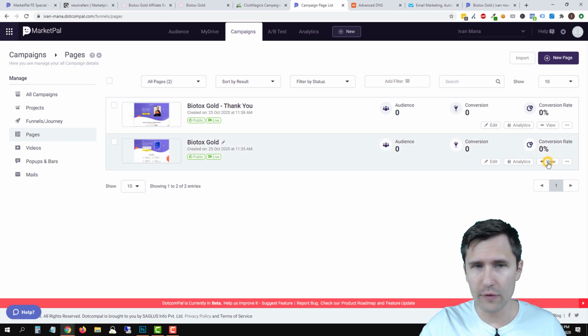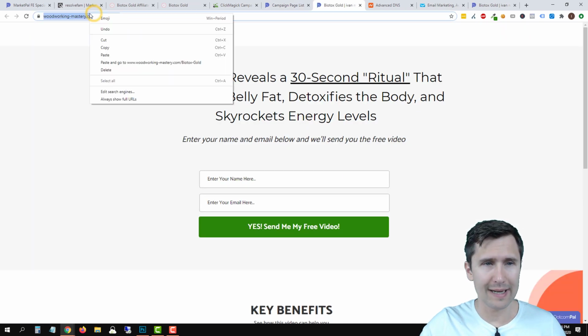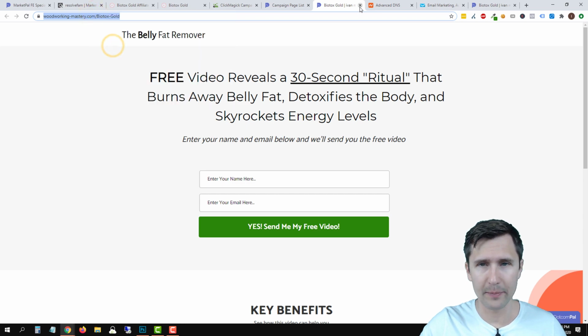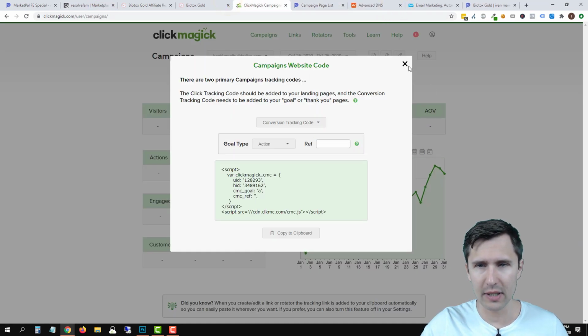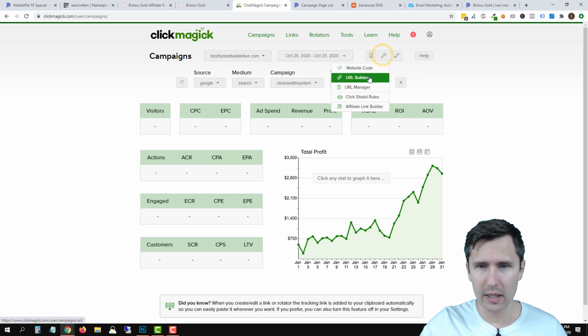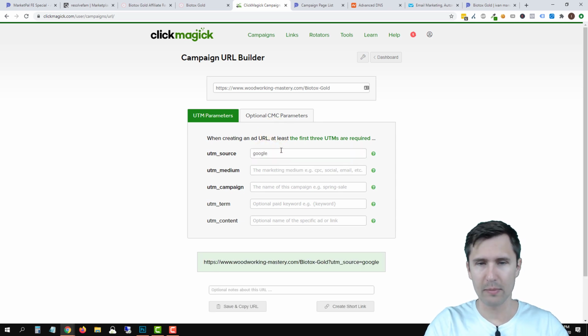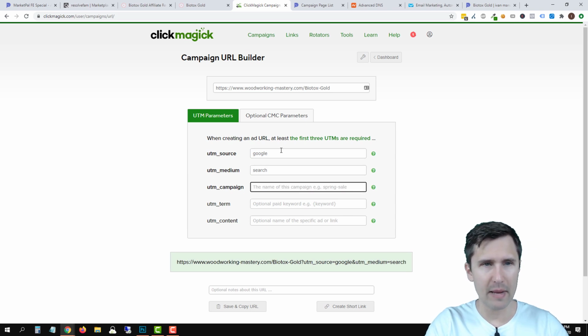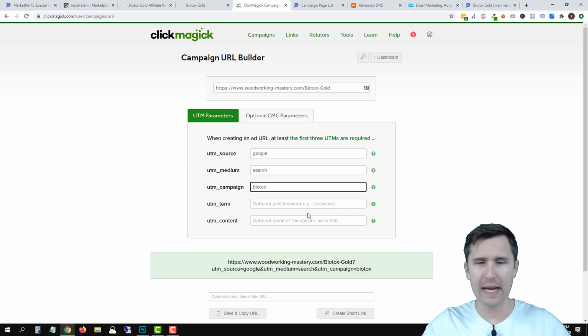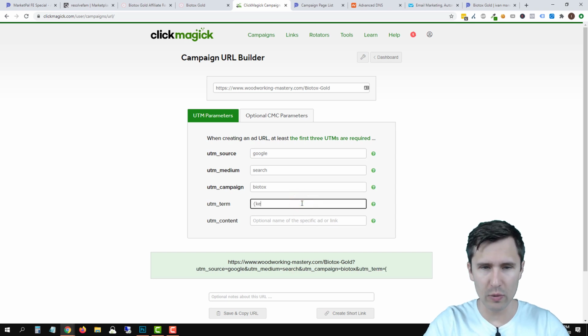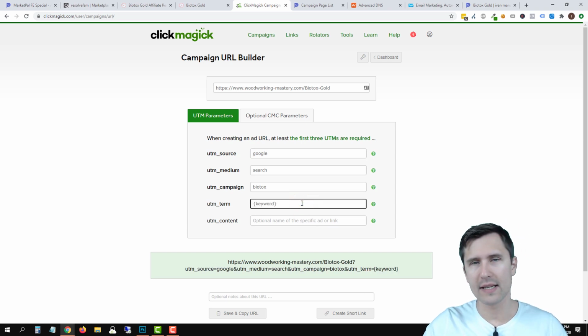So we are going to view the page here, and we're going to select this. We're going to copy it. We can close out of that. Let's go back into ClickMagick. We're going to go here. We're going to click the wrench icon, click URL Builder, and we're going to add our URL here. And let's say we want to promote it on Google. Let's suppose we want to promote it on, let's say, search ads, Google search. And the name of this campaign is Biotox, and you can add these options here. So if you want to track keywords, you would add, for example, the keyword token, and this will help you